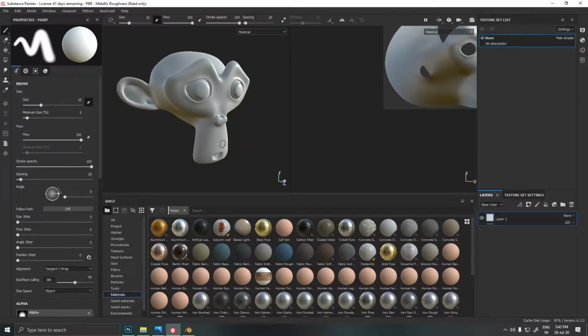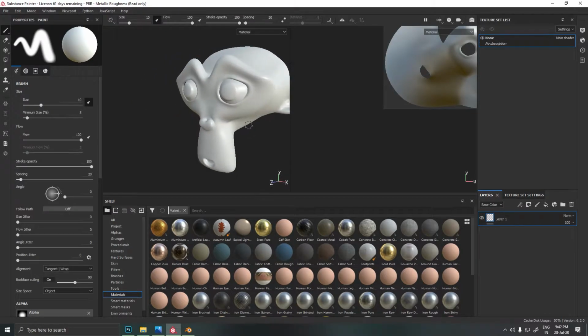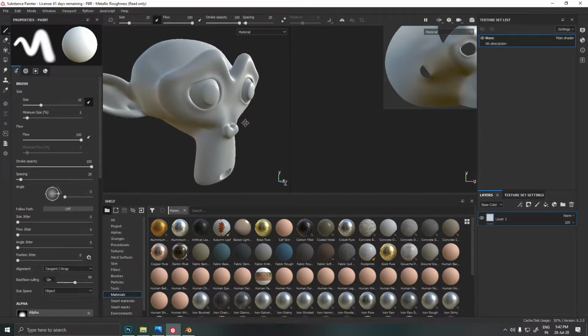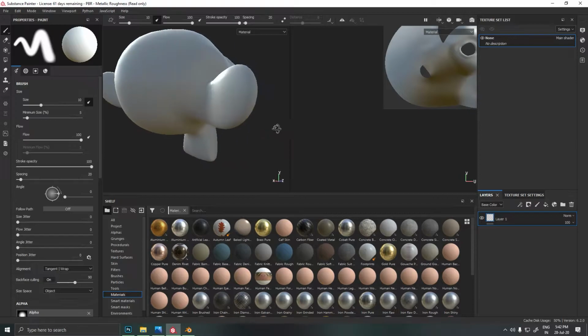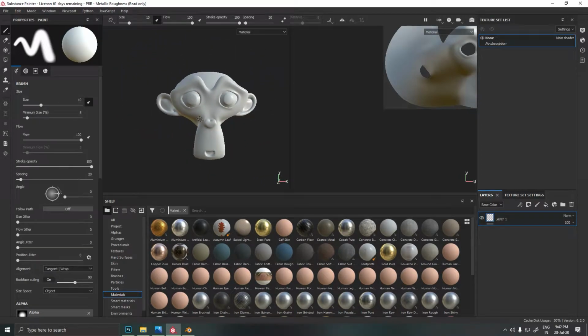This is another tutorial for the course which is under process. The previous video was about basic unwrapping and how to import a model in Painter. I have changed the object from the previous one. It was a gun which I was making, and it was half. You might see the video if you haven't watched it.